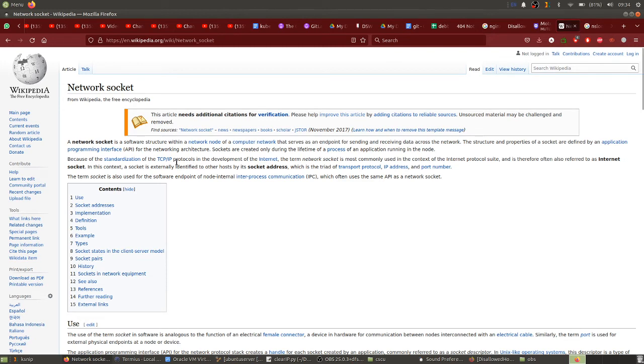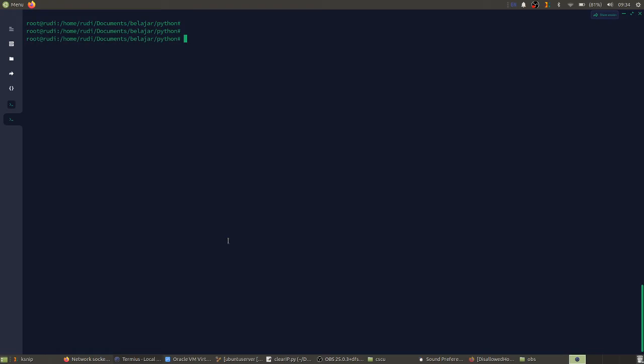And this is how I will show how to configure a network socket in Python. You can make a file, vim network socket.py. Okay, and you can call the module also, import socket. This module is useful for getting the IP address and domain. And you can create a variable hostname and input your domain,